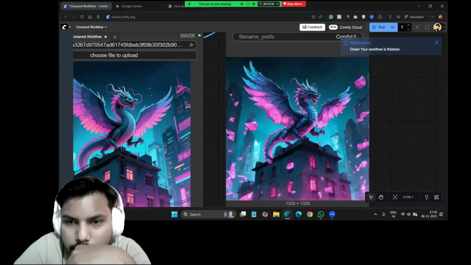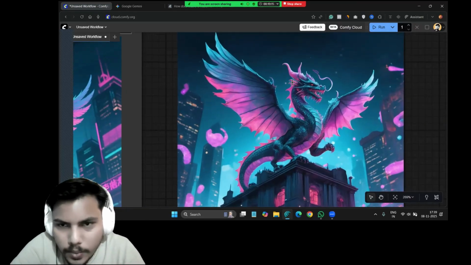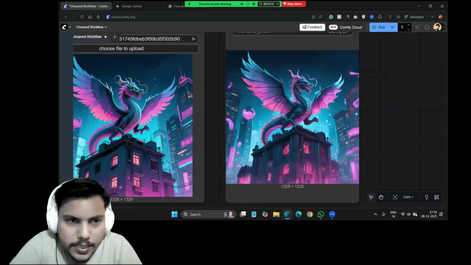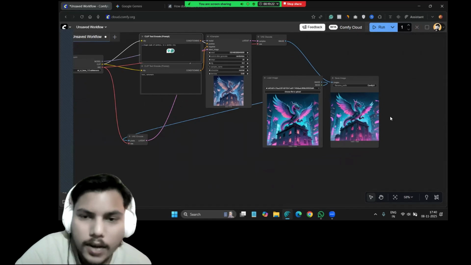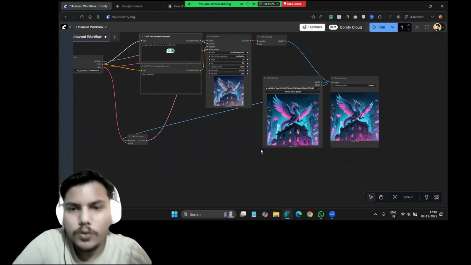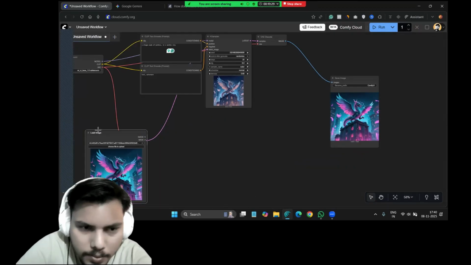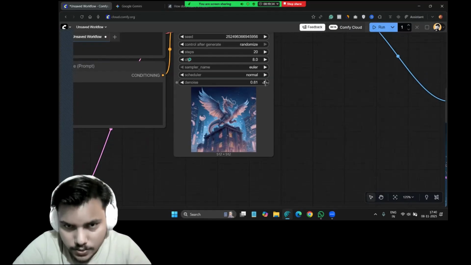Yes, it's going to change a little bit. Yeah, see, they have changed to marble. They have added horns and all in. So this is how your image generation works. Suppose now if you want to change some kind of thing, you can test it by changing